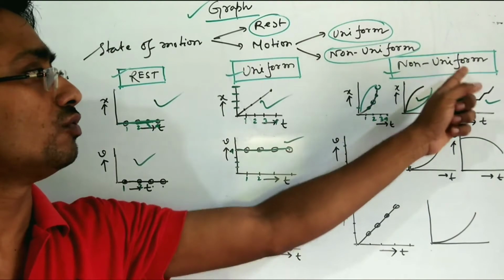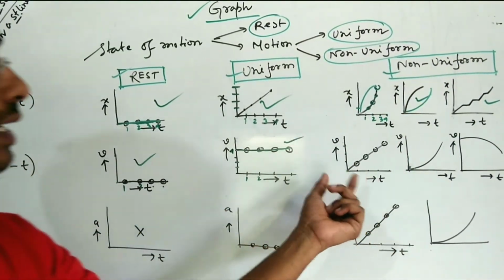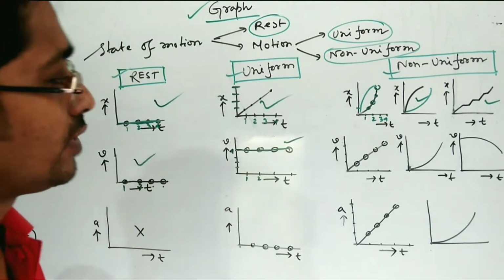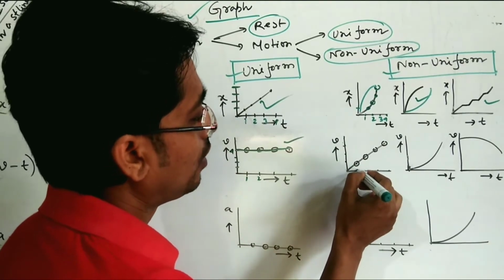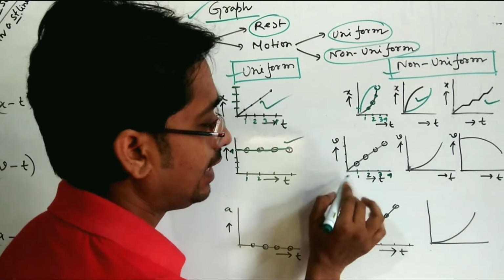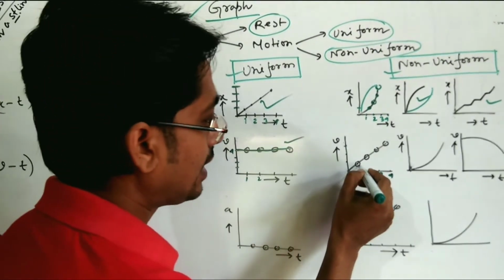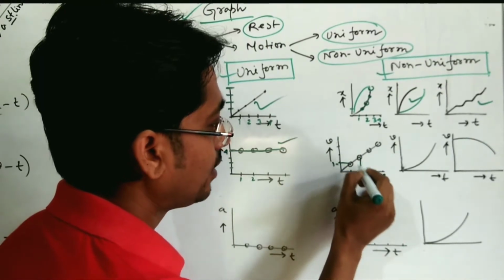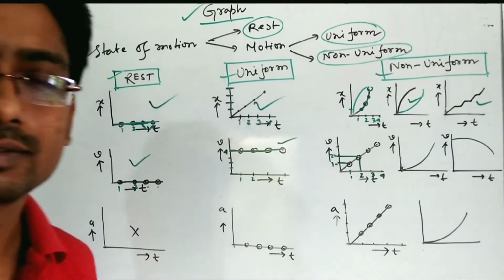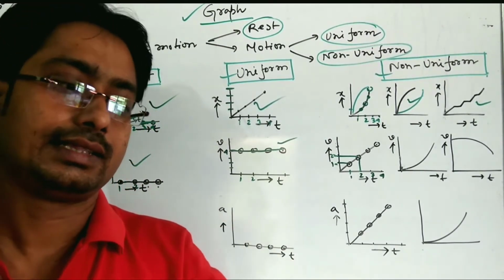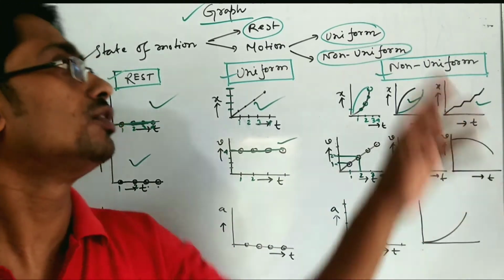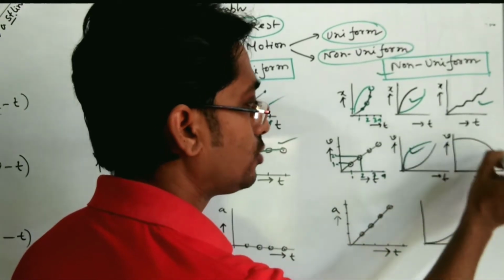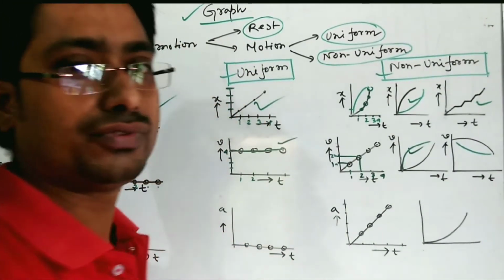Now the remaining portions are non-uniform under the VT graph. These are the VT graphs under non-uniform motion. So it will be an example of non-uniform motion. You can notice, you can observe 1 second, 2 second, 3 second, 4 second. The interval of time we have taken is 1 second. So in the first second, velocity 1 meter per second. Second, velocity 2 meter per second. That means velocity changes. If the velocity changes, then the distance traversed by the body will be different. So it will be under non-uniform motion. Okay. Now it is also non-uniform motion. It will also be non-uniform motion.